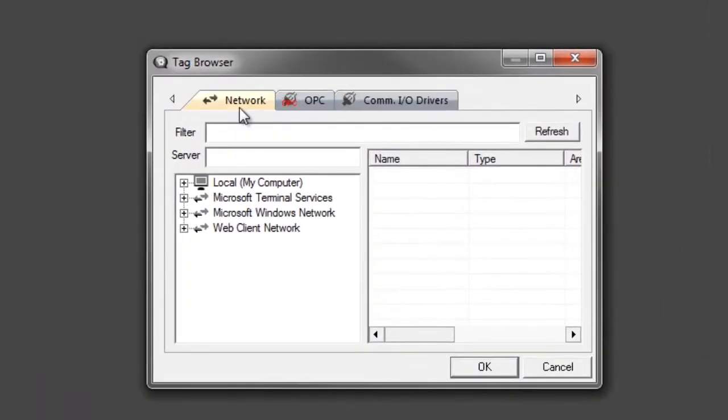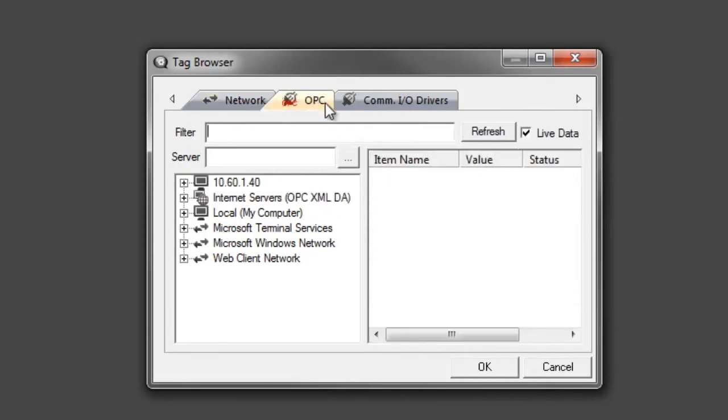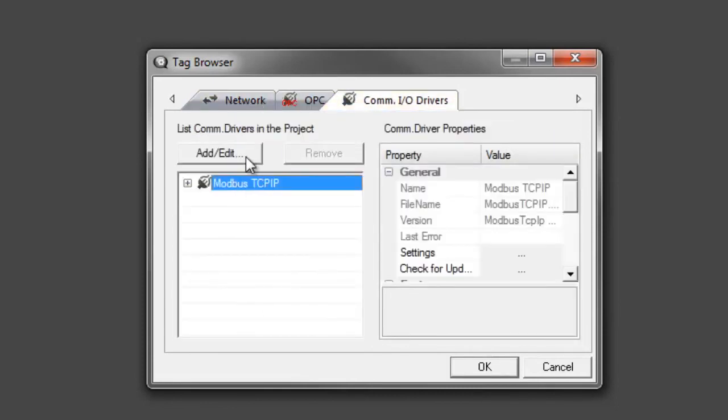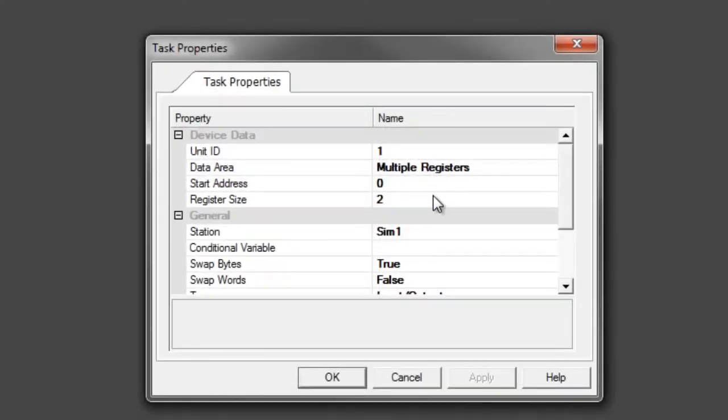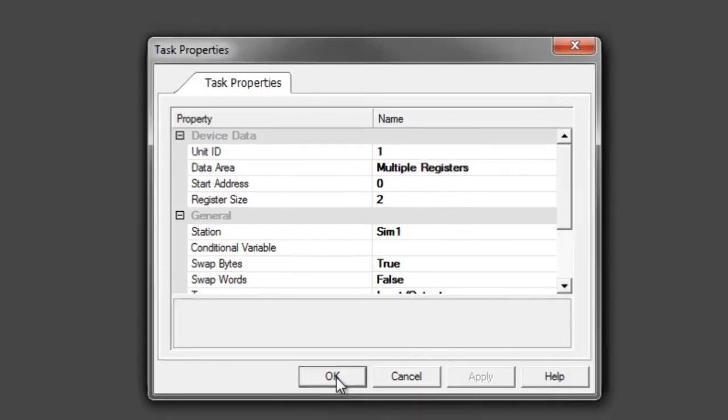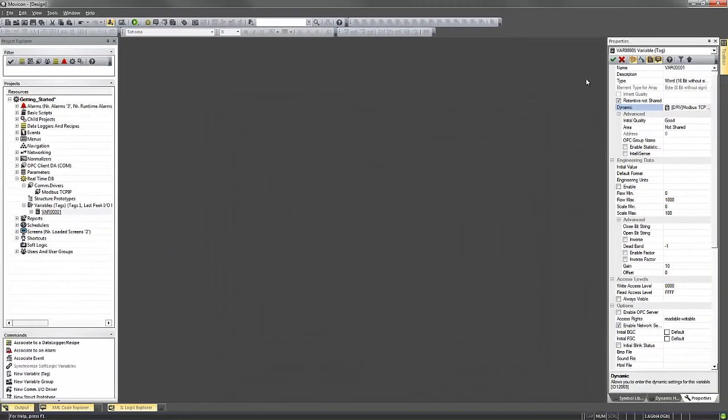Here you can see we've got some tabs to connect to different items through network, OPC, or your COM driver. We're going to select Modbus TCP IP, unit ID of 1, multiple registers, and a start address. Now that we've created a variable and connected it to a PLC,